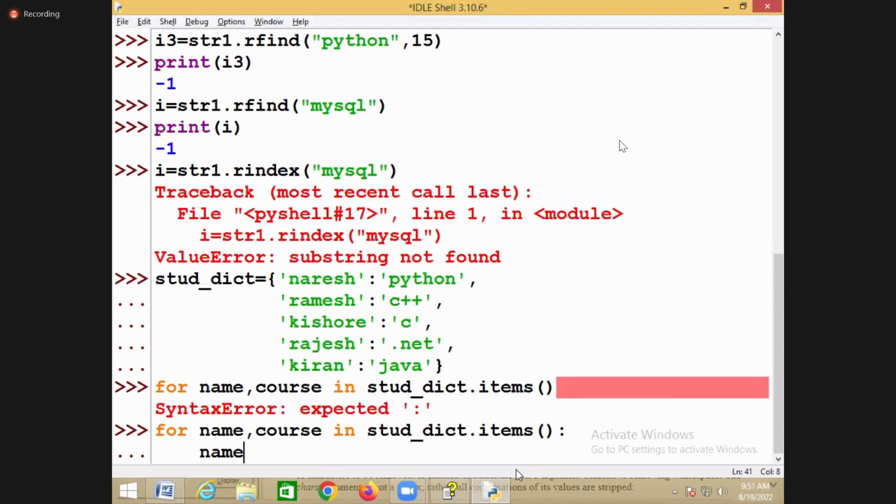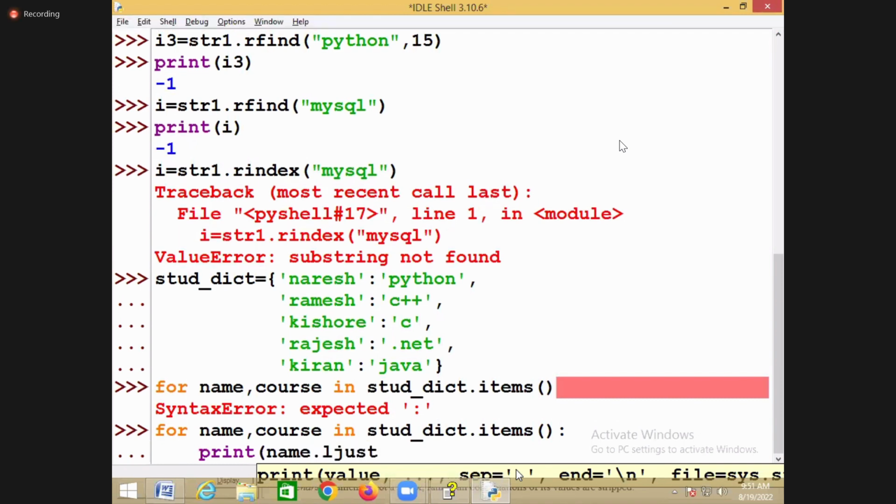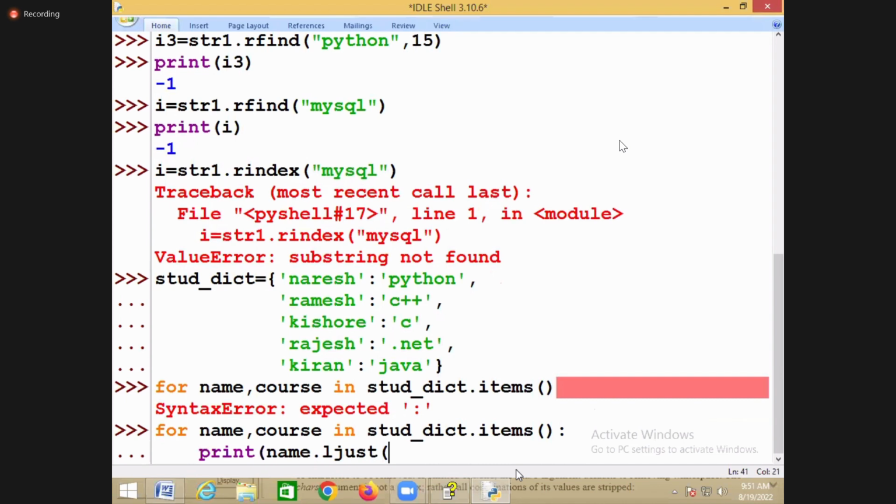So I'm trying to read the name and print the name. So name dot ljust, left justified. So names are left justified with a width of 15,